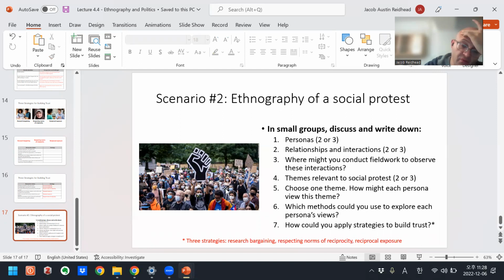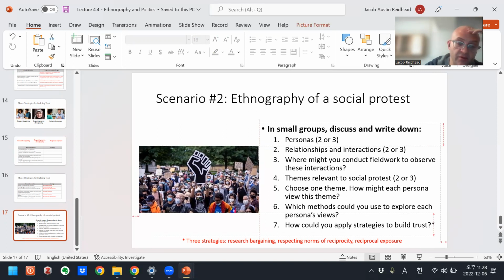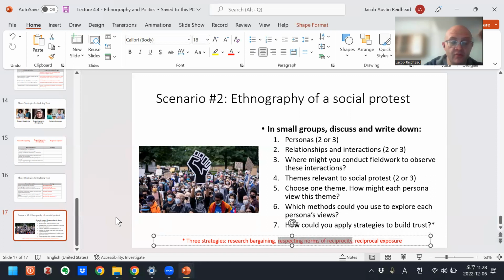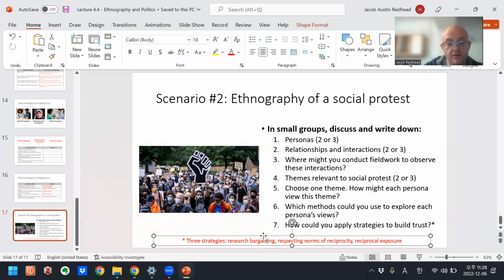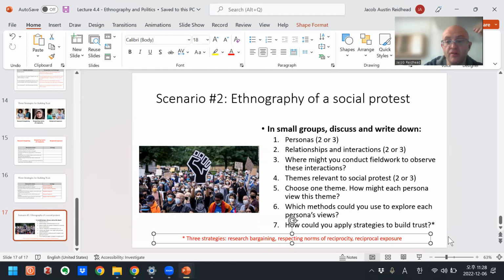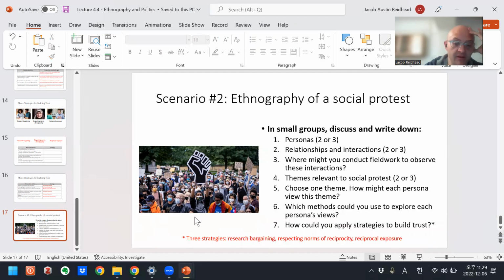For example, how might a researcher approach the target of a protest? Say it's a CEO of some company, right, or a government official who's the target of a protest. How could a researcher approach them and ask for an interview, for example? Maybe respecting norms of reciprocity, right, going through proper channels and waiting, not being too pushy, or also research bargaining, perhaps.